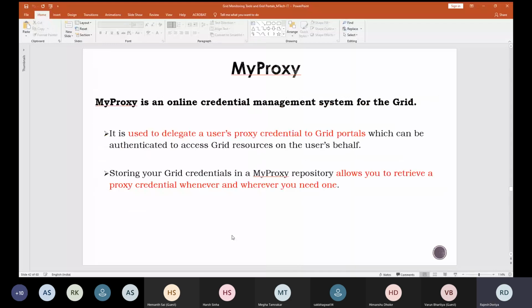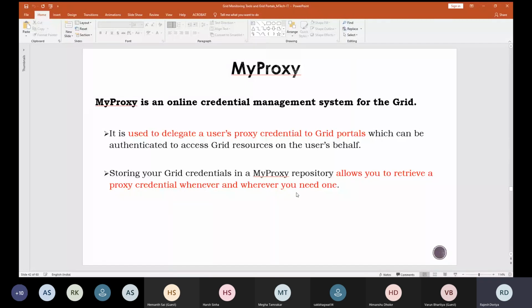So as I have already told, MyProxy can be used to provide all the credential management services to the grid, right? Generally, it is used to delegate a user's proxy credential to the grid portals. Means with this, one can validate the credentials of the client, right? Apart from that, it can also be used to store all the grid credentials, and it allows you to retrieve proxy credentials whenever and wherever you need one.